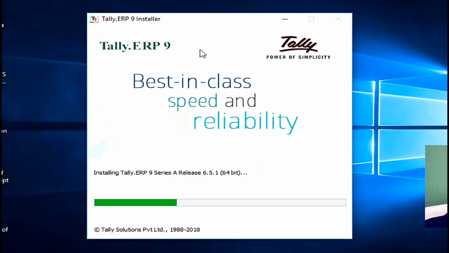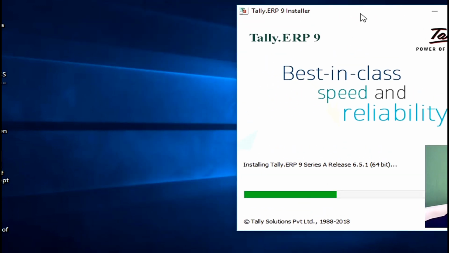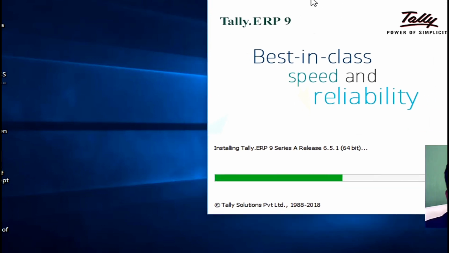While the installation process is going on, there is no Tally icon on my desktop screen. It takes around 2 to 5 minutes, so you have to wait. Now you can observe that the new icon is being added to the desktop.